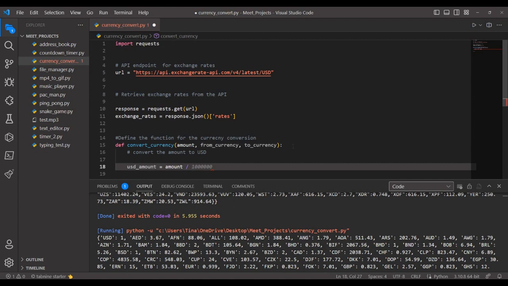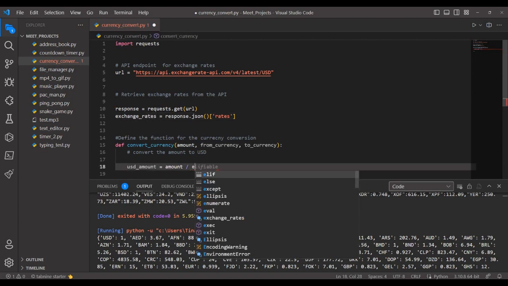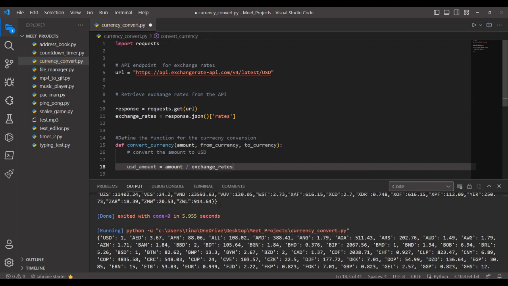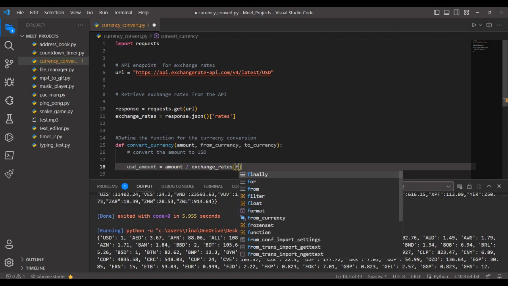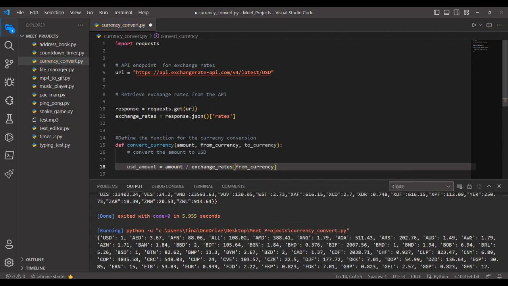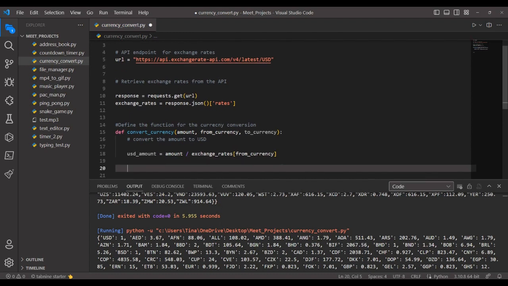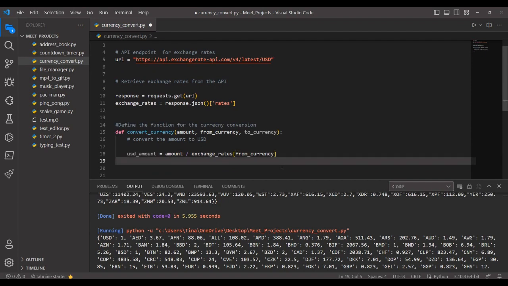So we have exchange rates, and then from currency. Whatever exchange rates we have, like from currency, because that from currency will already be given by the user, right? So now, after this, what we do is we convert the